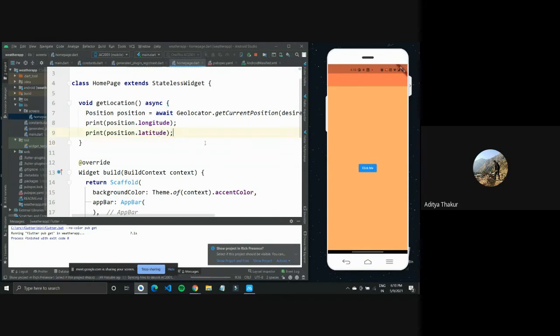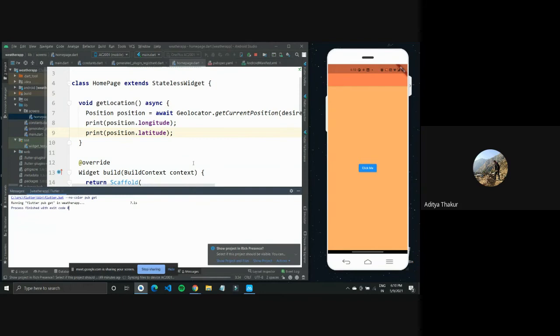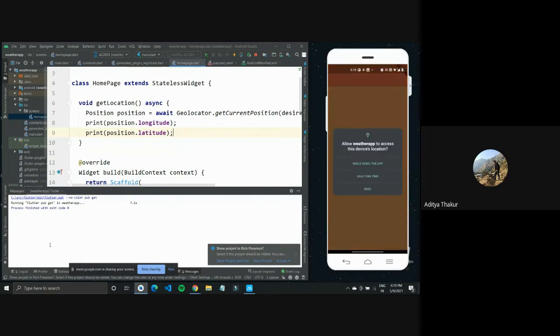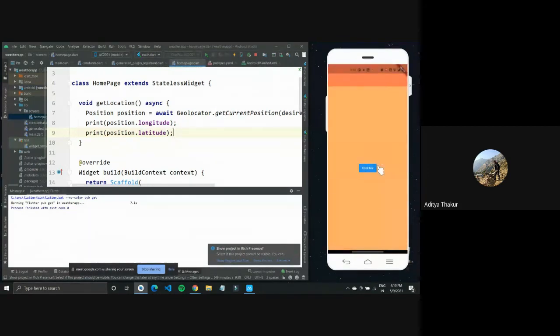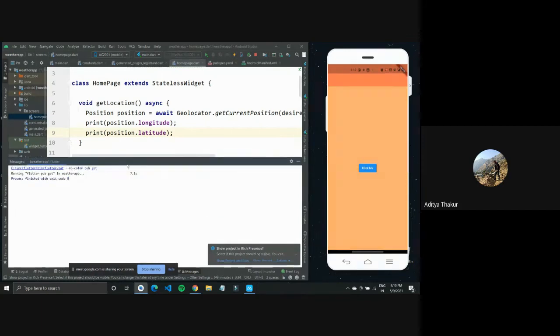Let's try to run our application and let's try to get the location of our mobile device. Okay, now when I tapped on click me, it's asking me to access the device location, so I'll give it permission for that. Let's see if it's not happening.